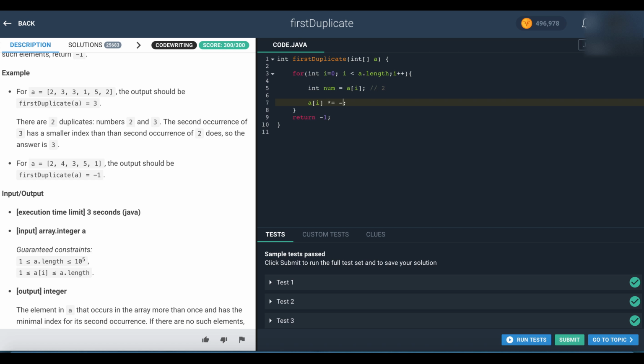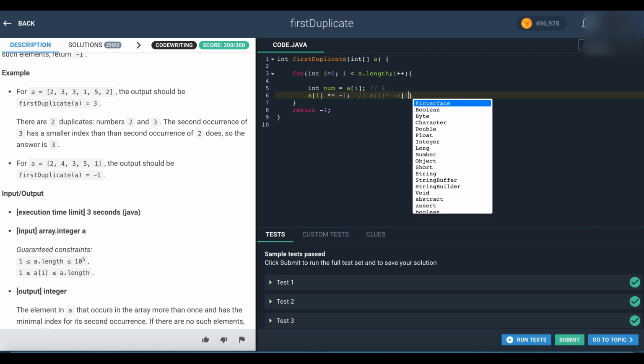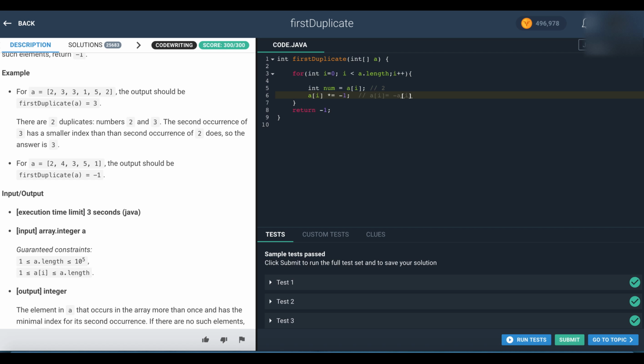This is similar to multiplying by minus 1, similar to a[i] equals minus a[i], right? So we will negate that number. Then if the number a[i] is less than 0, then